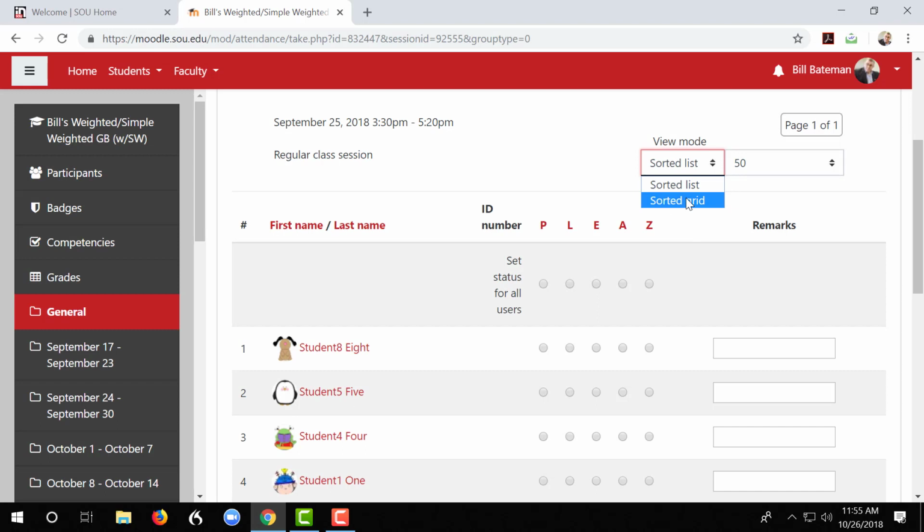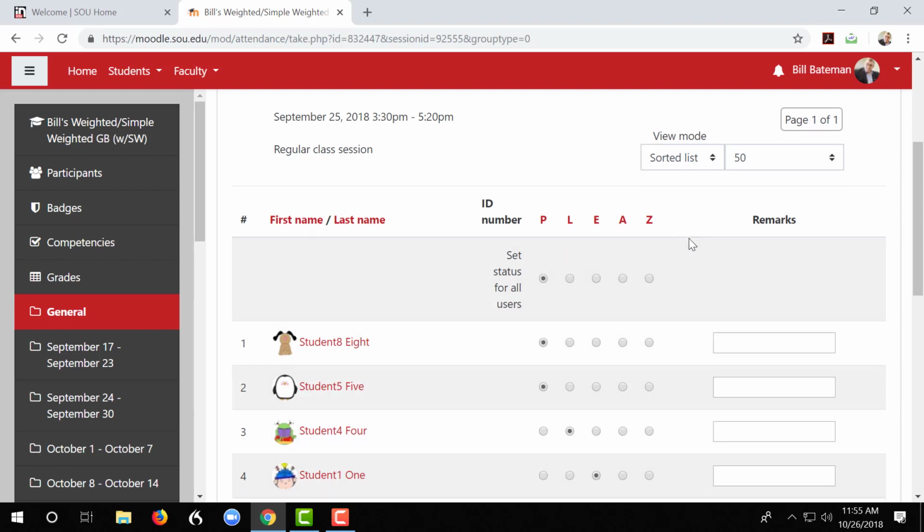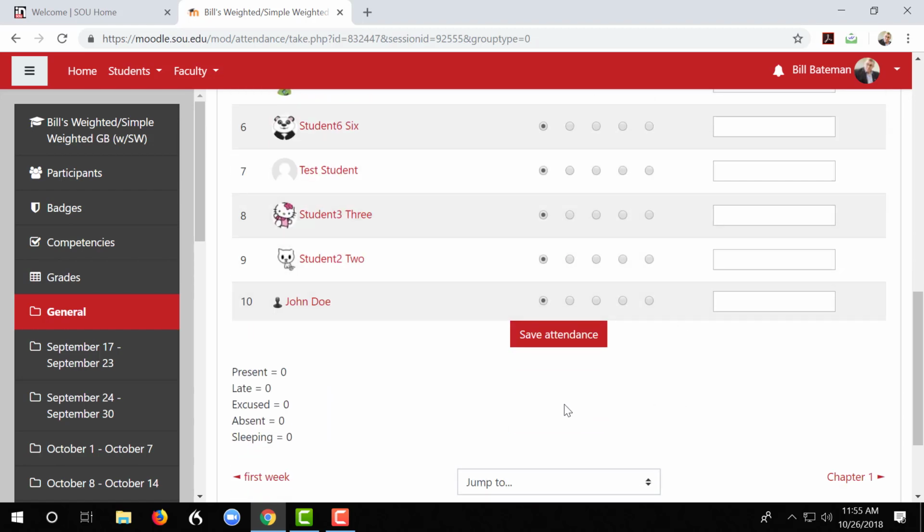I like to do that, mark everybody here, and then make adjustments for those who are actually missing. Kind of a time saver. We've come all the way to the bottom of the lower left-hand corner, and you're going to see some information you don't have to worry about. This is a counter that Moodle uses for various categories. So we fill in our attendance by checking the buttons, and of course here on the right-hand side, save at the bottom.